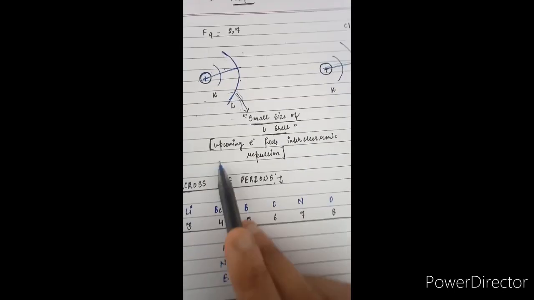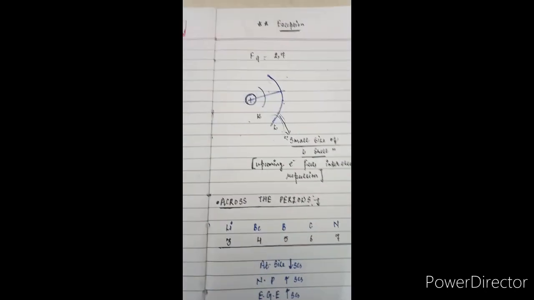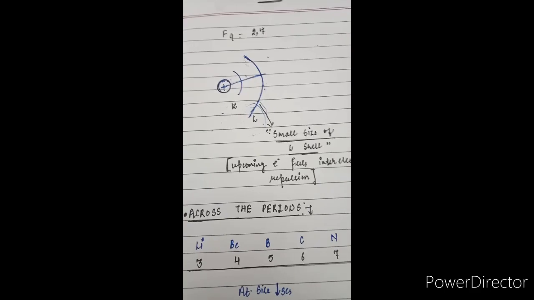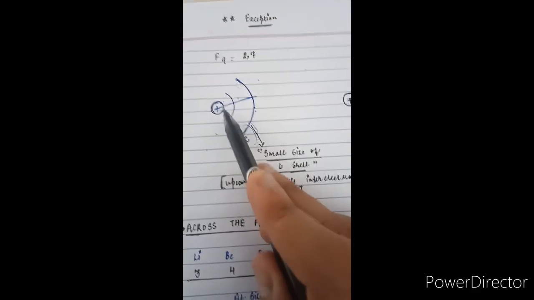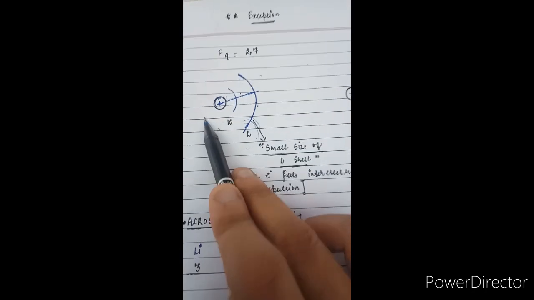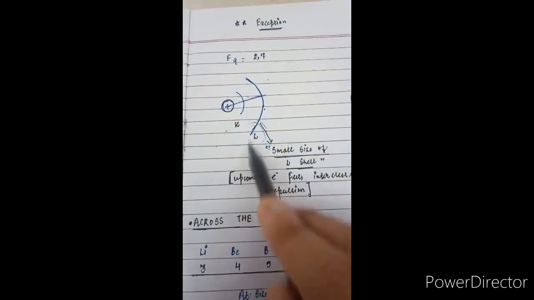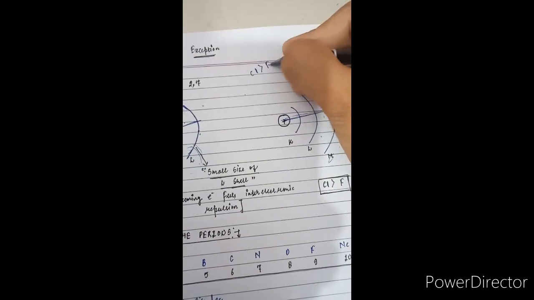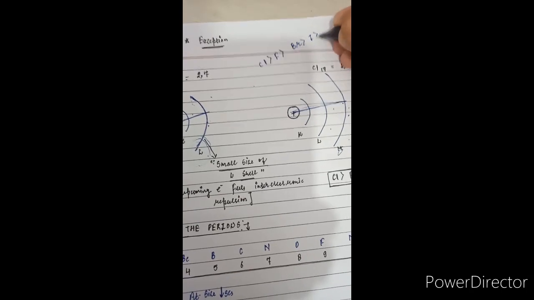That's why the incoming electron feels inter-electronic repulsion, and that is the main reason the electron gain enthalpy of fluorine is less as compared to chlorine, in spite of its high nuclear pull. So the order is, first chlorine, and then fluorine, then bromine, then iodine, and then